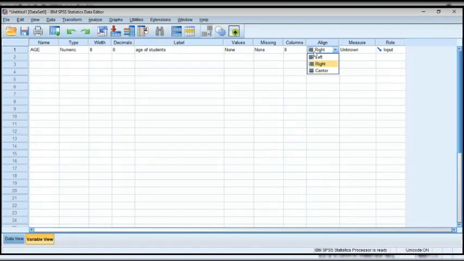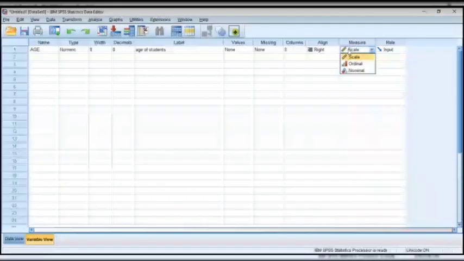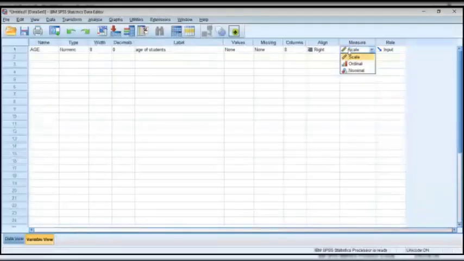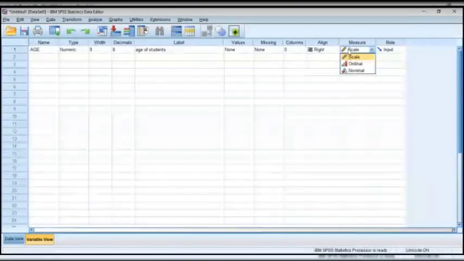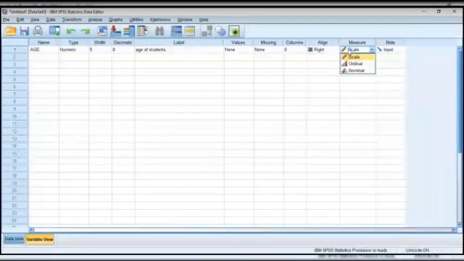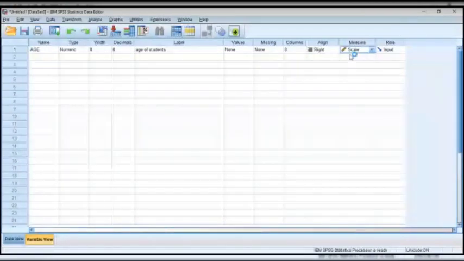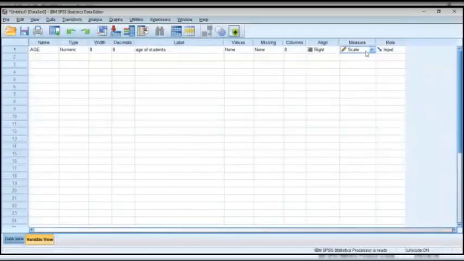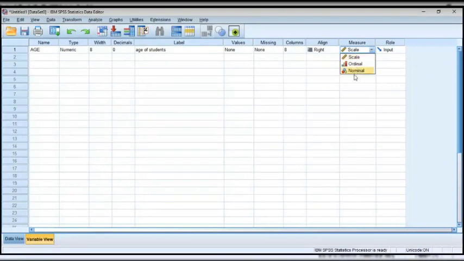Now the measurement type is a very important thing for us to take note of when describing the properties of our variable. For age, it is important that we note that it is not ordinal and it's not nominal. It's a continuous scale of measurement, right? So we are going to choose scale for age. When we are talking of categorical variables, we are going to be using nominal.